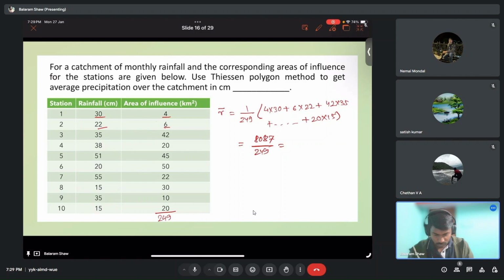We have seen the formula. What was the formula for this? I'll just go through it again. See here, it is A1 into (R1 plus R2) by 2, something like that. So first you have to calculate the average rainfall between isohyets, that is R1 plus R2 by 2. So this one will be 15, this one will be 25, 35,